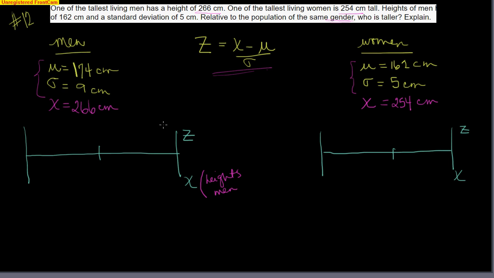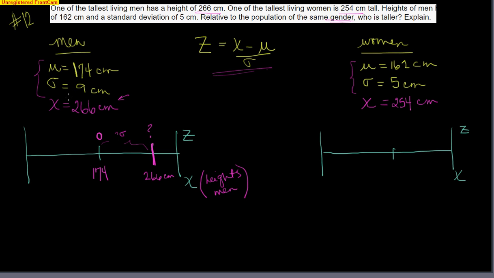Heights for men. Okay. And I'm going to do a modified version because I'm not going to list every single z-score, but you're probably pretty familiar with it now. But I am going to set up the mean, 174, which is right here. And I'm going to go ahead and mark our x value, which is 266. I don't know exactly where it is, but I know it's certainly to the right of the mean. Let's say it's about here, and this is a value of 266 centimeters, and this is the z-score we have to find. This is how many standard deviations